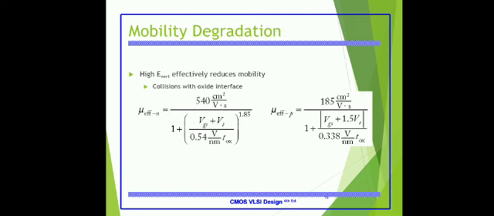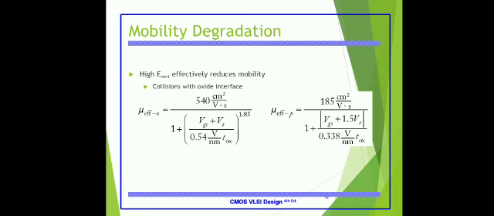Mobility degradation is nothing but the high vertical electric field effectively reducing the mobility. That is, the mobility term in this equation can be assumed to be independent of the vertical electric field. That is a reasonable approximation when the electric field is weak, but it breaks down for stronger electric fields, and stronger vertical electric fields will be produced by the high gate voltage that can attract the charge carriers